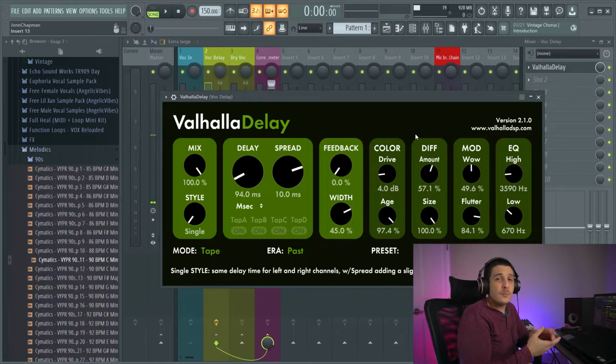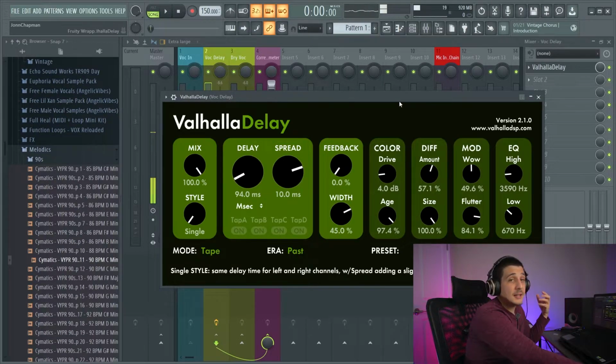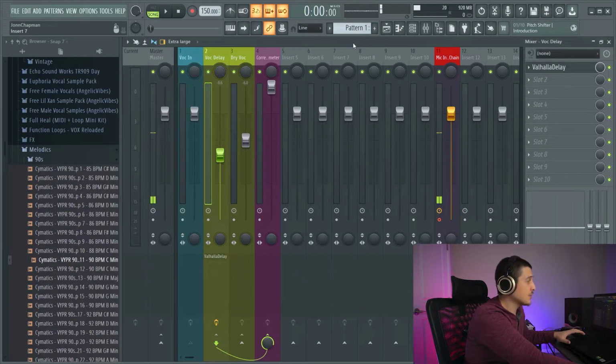And now we have a solid slapback delay. And we just managed that slapback delay using all the controls available to us. If we play it with and without,